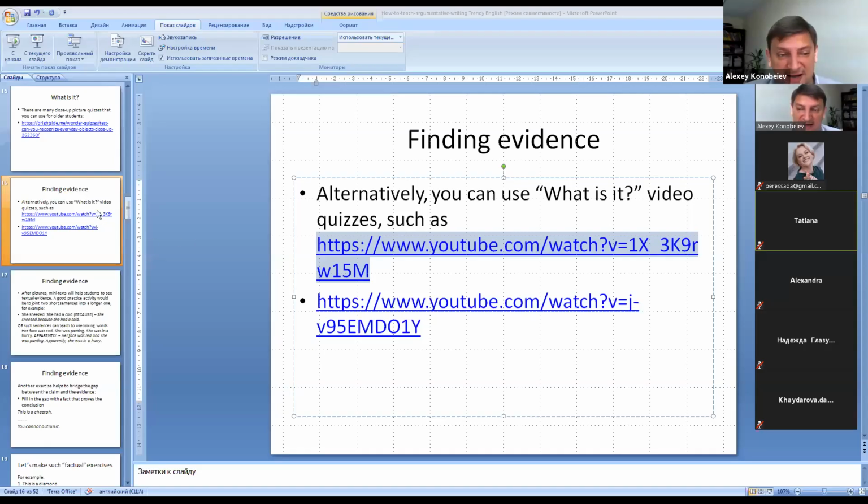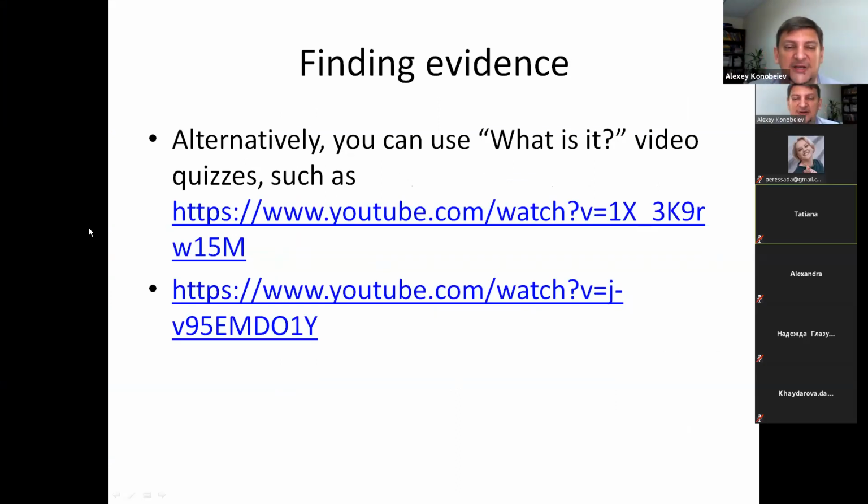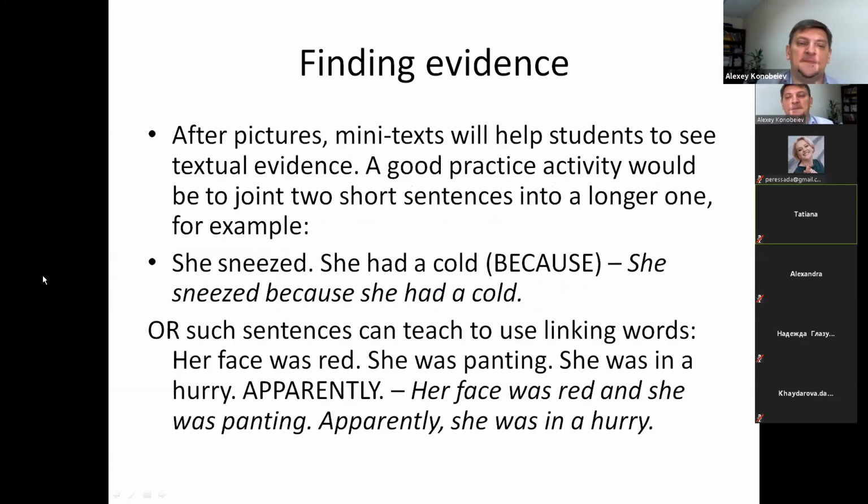And once again, as I said, this is a brilliant game. This is a wonderful game that helps your students to brush up their vocabulary, but at the same time, it allows us to hone their evidence providing skills. So here are 2 video quizzes, but you can find a lot more of similar quizzes online. Now, after you've used pictures and videos, there can be another game and another activity to help your